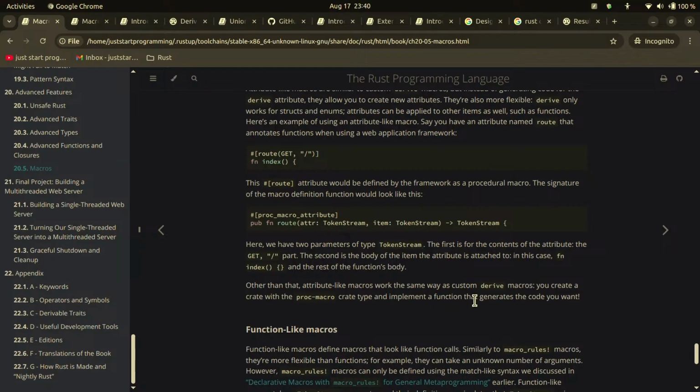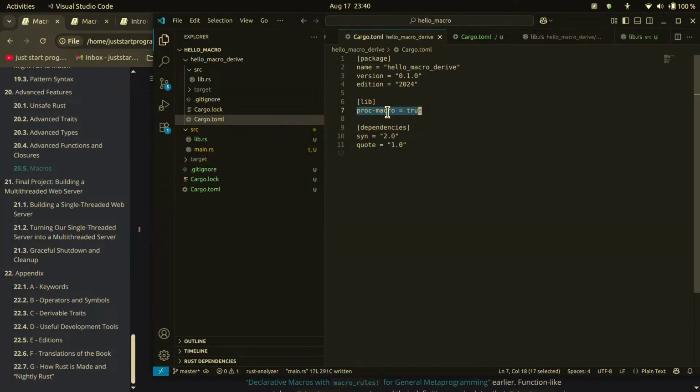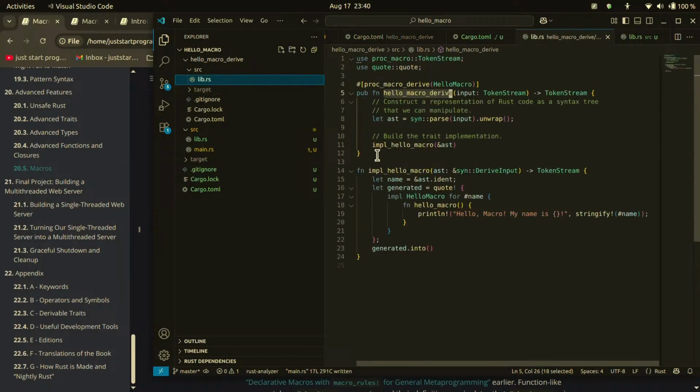And implement a function that generates the code you want. Implement a function. Okay, so since we're talking about macro, this too is required. And implements a function. Okay, so this is the function that implements. So I assume it's still the same. Whatever you want to do here, in this case hello macro print line,